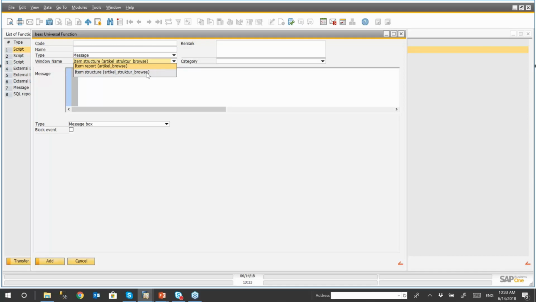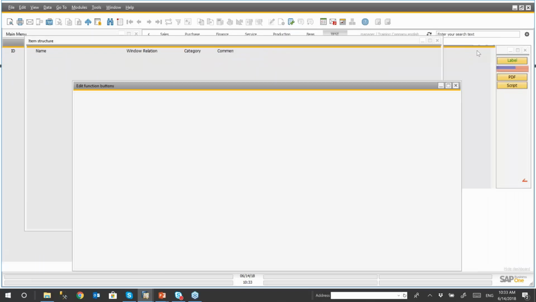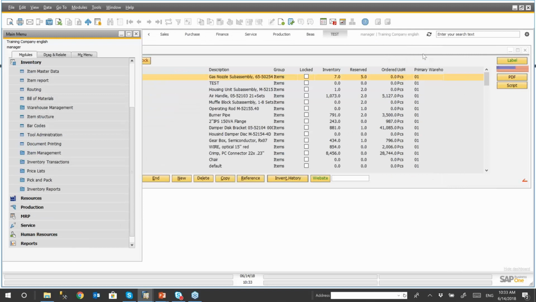The reason we don't have a drop-down is because there are so many windows. We were going back and forth. I do not want to go through 500 windows and find it. So you have the window open, and then you can create this universal function either on an article browse or a structure. When you are really working in the window, that's why I like to do it by right-clicking. It fills it in automatically. But just remember,